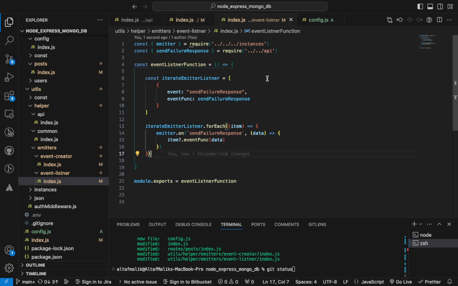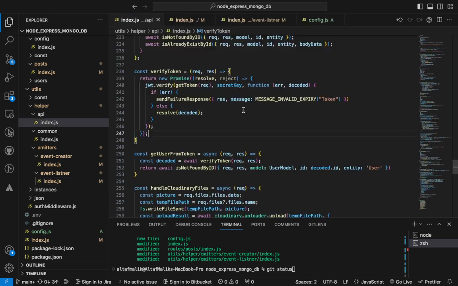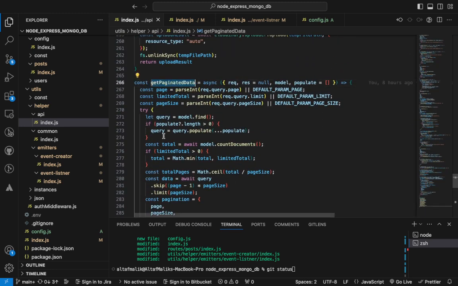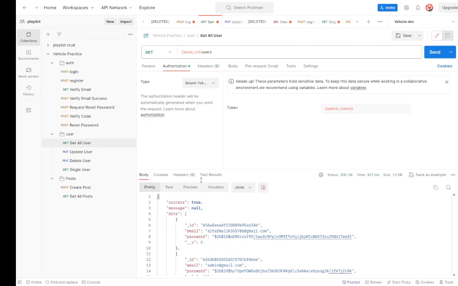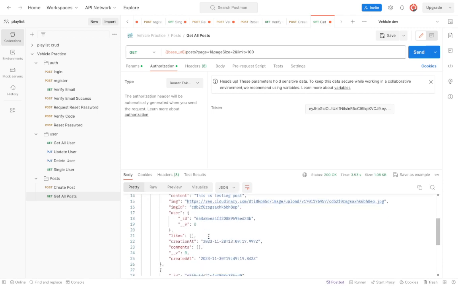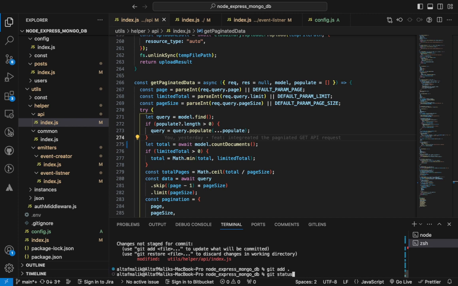I need to move a constant into a let variable in the API helpers. This is the API helper file. In this, there is a get paginated data. This to let variable. So now let me go back to this API. I will call this and it will return me the paginated data list. Yeah, it is returning. Okay, git status, git add, git status, and